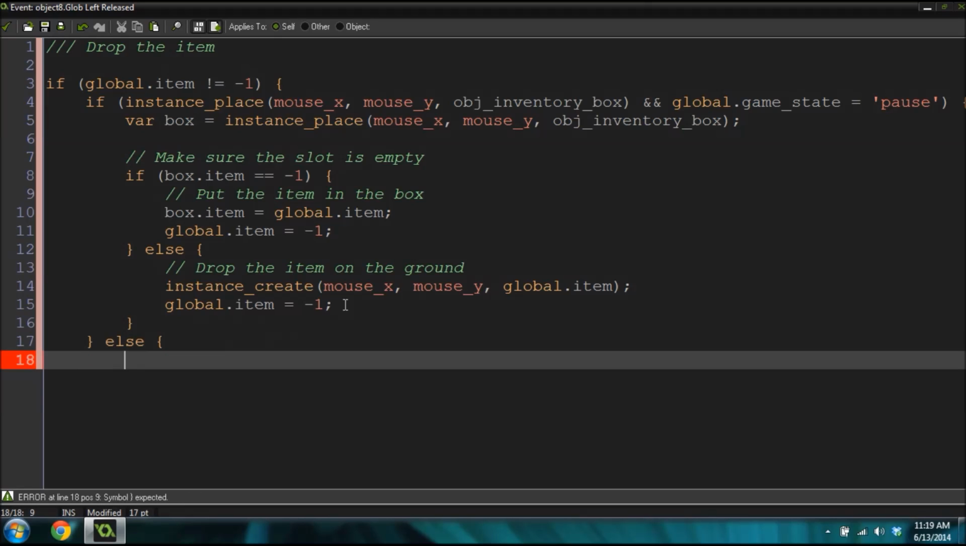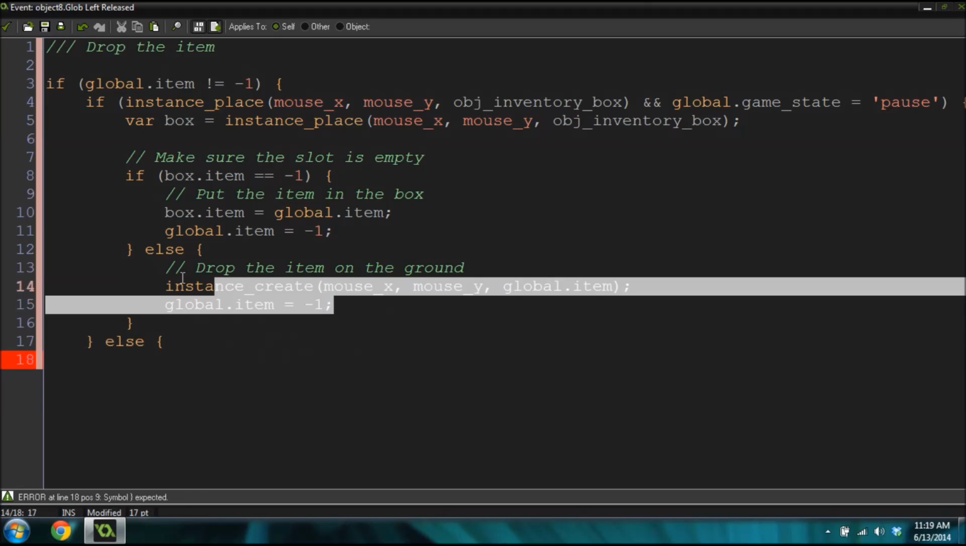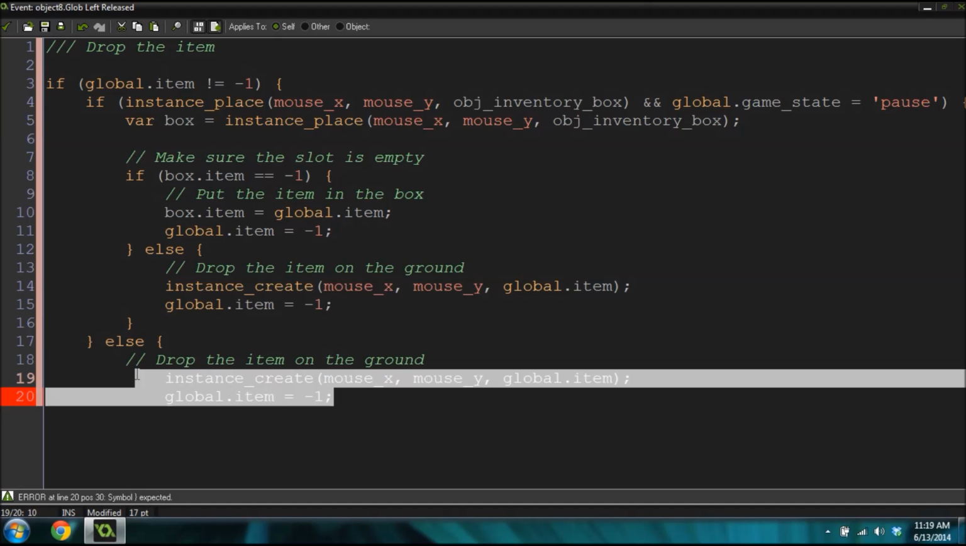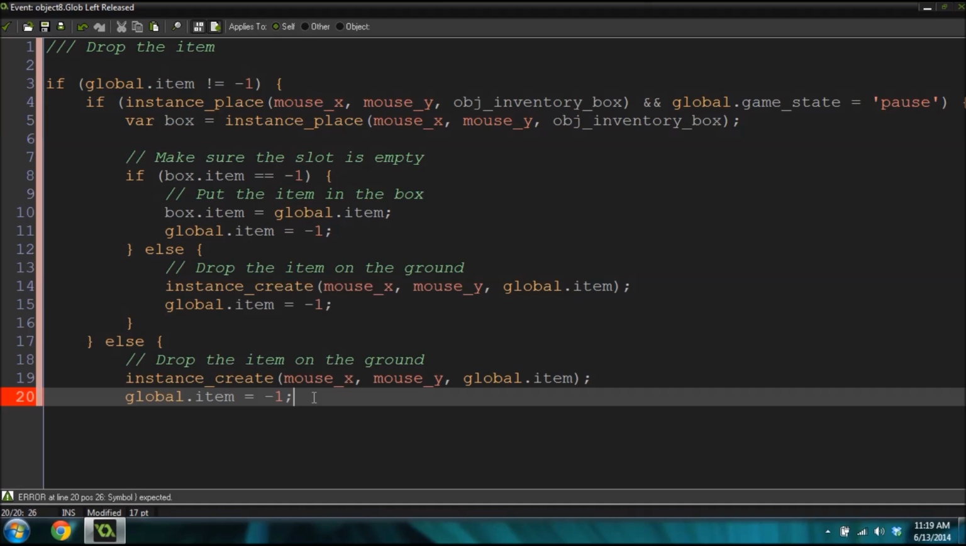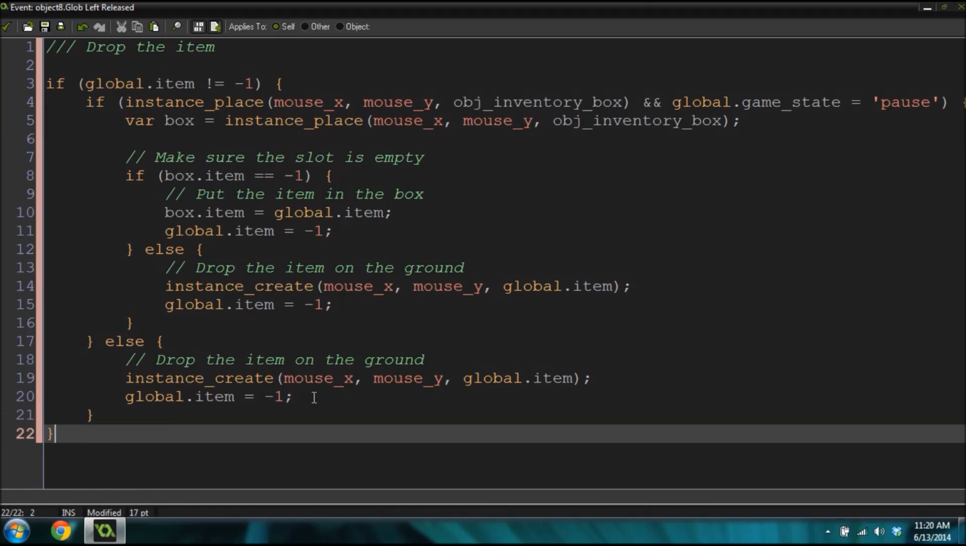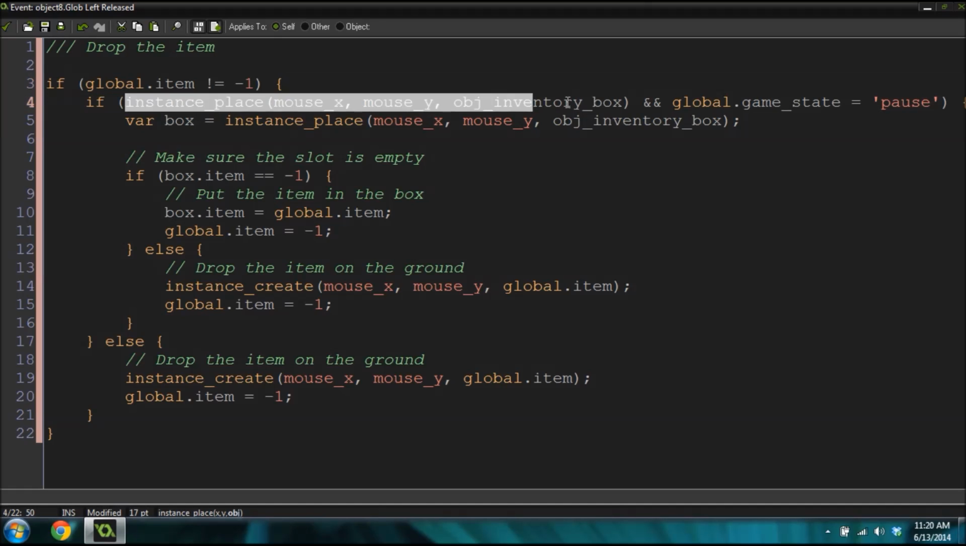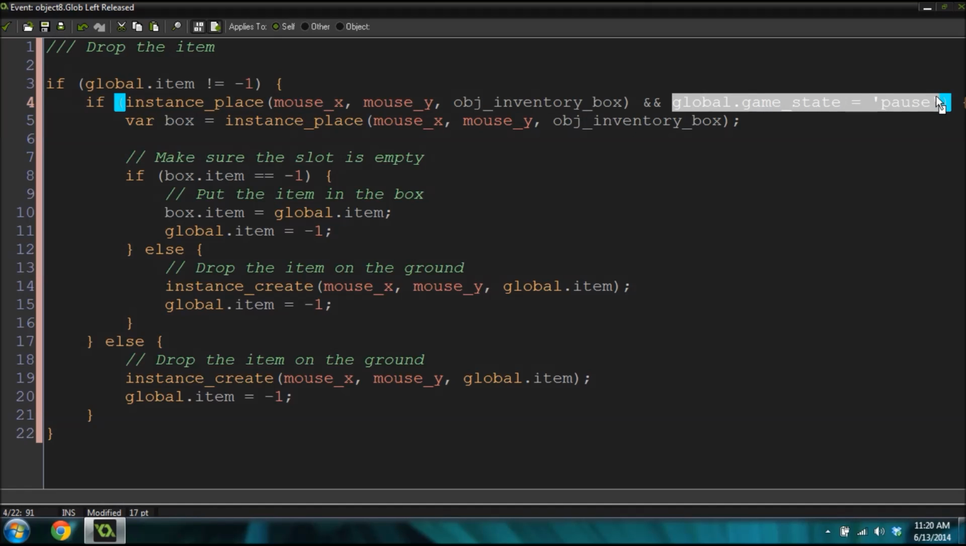Else, we're going to copy this code because we're just going to drop the item again. Now I'm going to explain this to you real quick because I like to explain my code. So what are we doing? We're checking if we have an item that we're dragging, right? If we do have an item and we're over an inventory box, and the game is paused, so that means we're showing the box, we get a reference to that box,